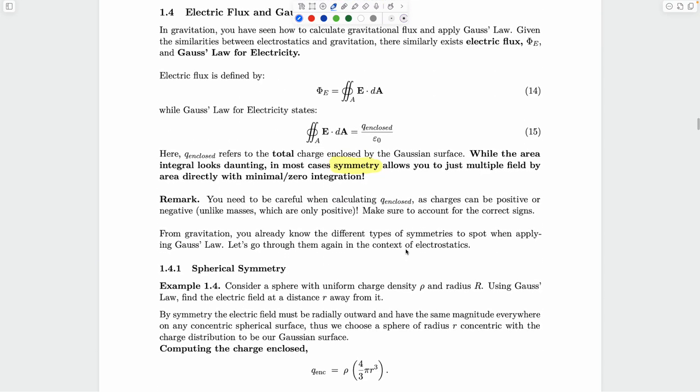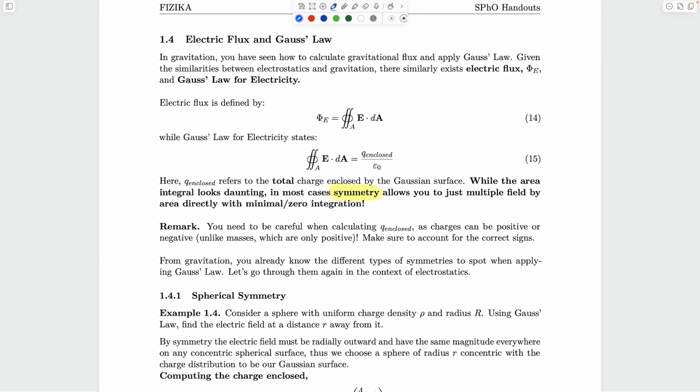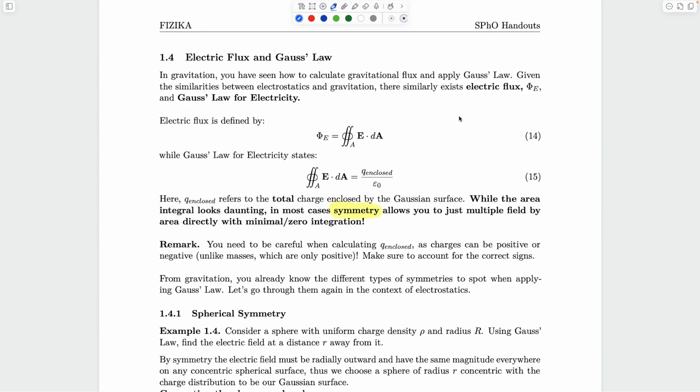Okay, I'll spend more time on this one because Gauss law is very, very important. I guarantee you about 90% of problems will probably ask something to do with Gauss law. So the idea is that